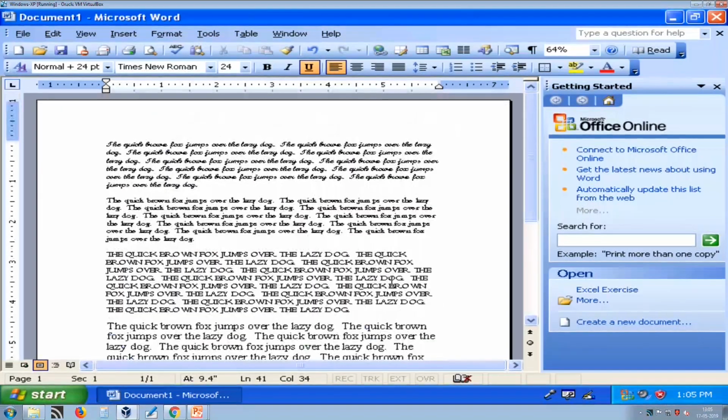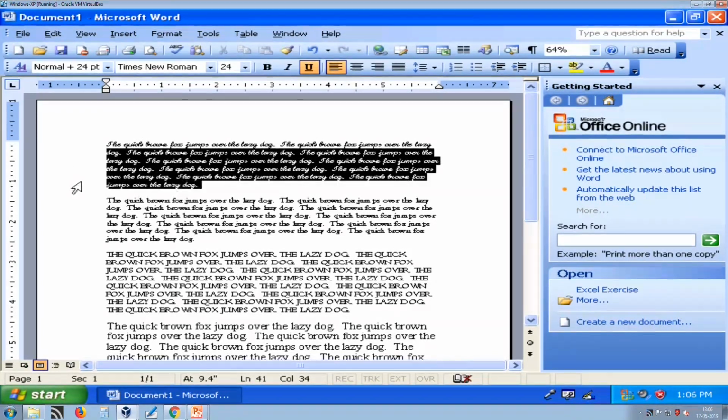The next thing is alignment. Word provides 4 types of alignment: left, right, center and justify. Now here you can see that this paragraph is by default left aligned. So it is something like this.